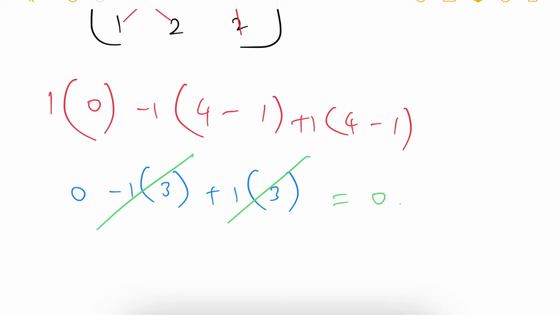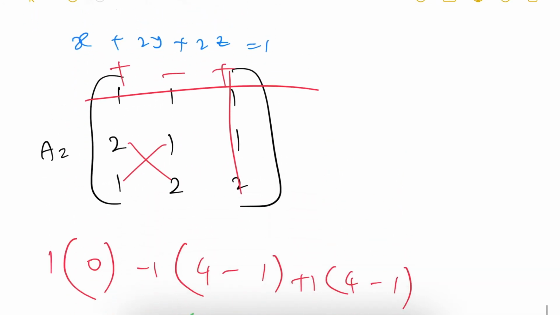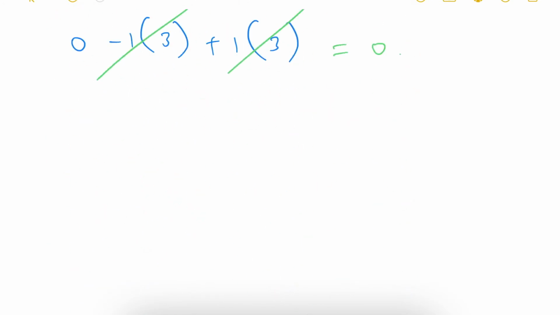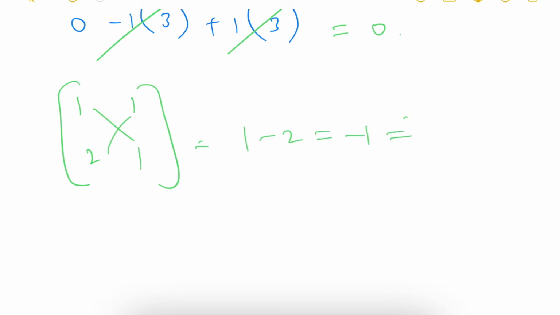If the determinant is 0 for a 3 by 3 matrix, then the rank is not 3. Then I will take any one submatrix from this given 3 by 3 matrix. I will take these 4 elements, 1 1 2 1, and I'll find the determinant again for this. 1 1s are 1, minus 2 1s are 2, 1 minus 2 is minus 1. This minus 1 is not equal to 0, so the rank is nothing but 2.